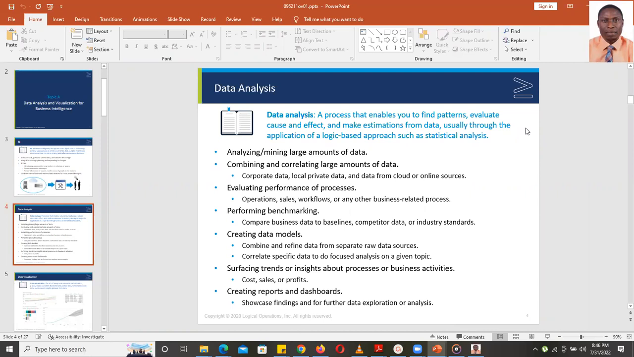Evaluating performance of processes, performing benchmarking, creating data models, surfacing trends or insights about processes or business activities, the cost, the sales, the profit, the discounts, and all of that. Then creating reports and dashboards. So that's the main thing. It's from there you are going to get all those insights, and you create your reports,